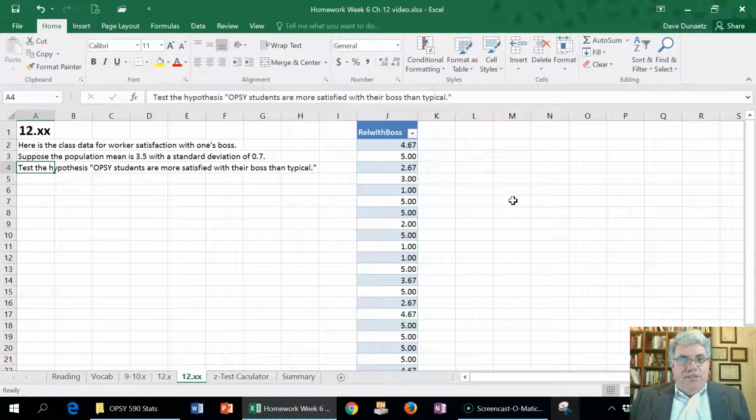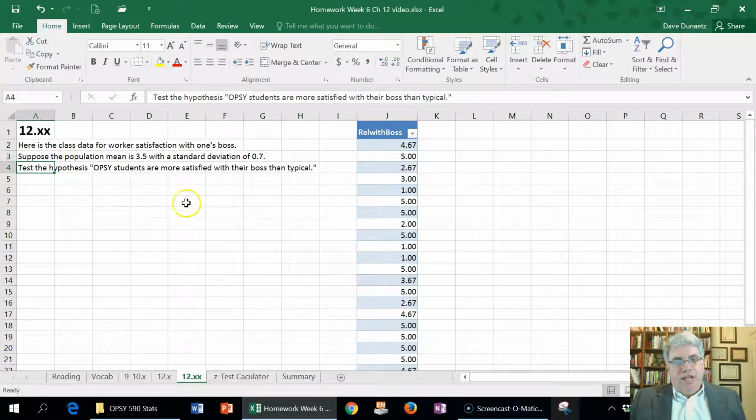So here is some class data that measures work satisfaction, or the quality of one's relationship with one's boss. It was collected like the survey that we had in our class. We've got data for a bunch of students here, and they're all APU students who participated in this. Suppose that the population mean, the national average for this measure of quality of relationship, is 3.5 with a standard deviation of 0.7. We want to test the hypothesis that